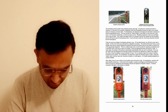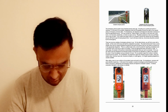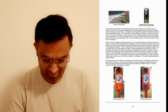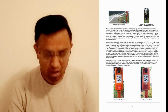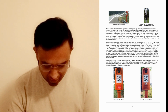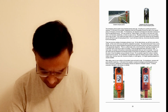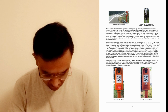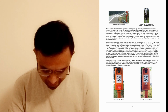The emergency phone system was privatized several years ago. Oh, really? It's a private thing. All calls go to a central call center in Hamburg. In the event of any accident, dispatchers there will immediately connect the caller to the nearest police or emergency service office. For breakdowns, the dispatcher